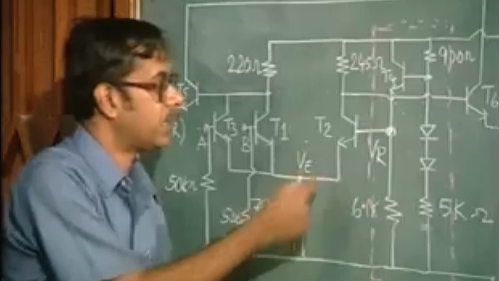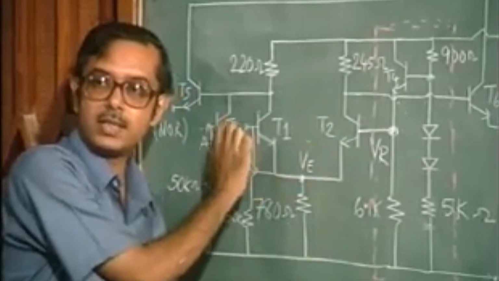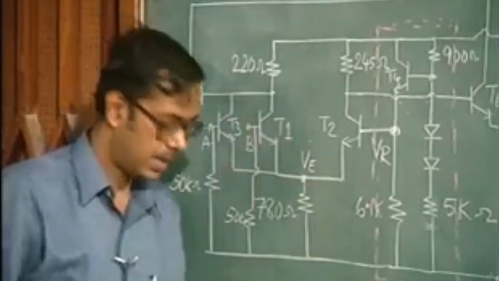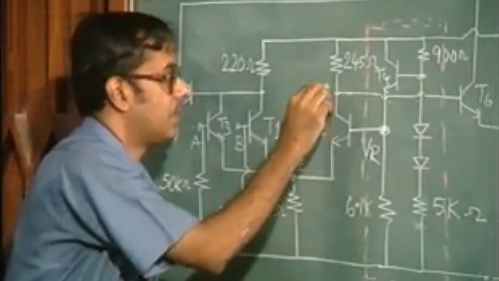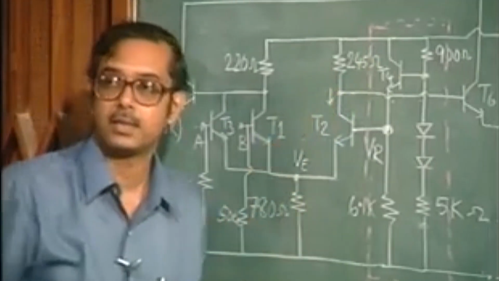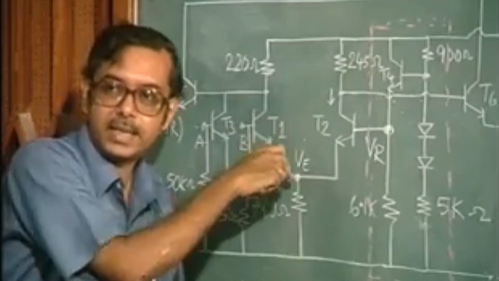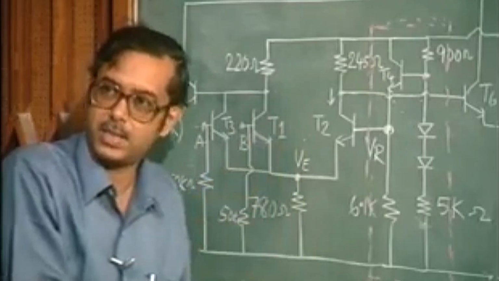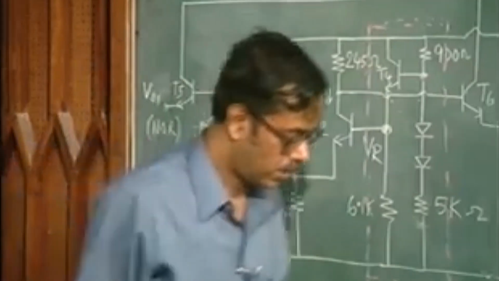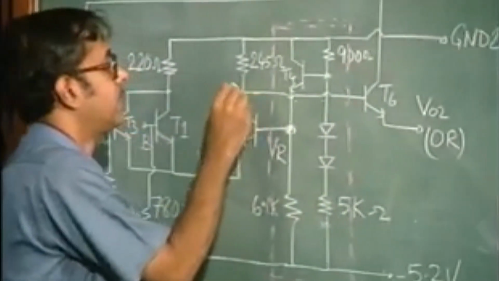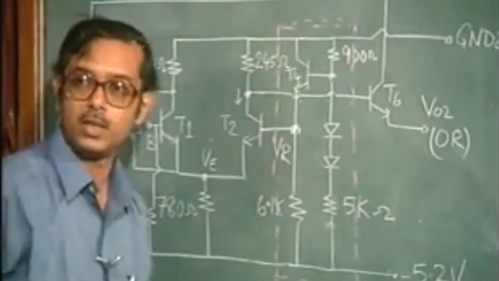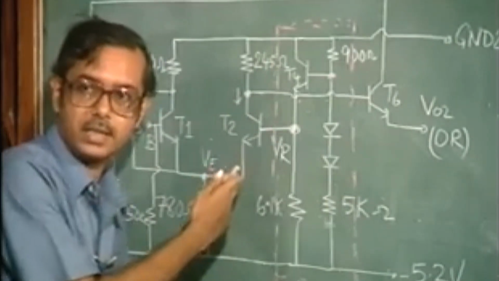So this is the emitter current which flows here. These two transistors are not conducting. Now, this is the collector current. Since the beta is high, the collector current of that transistor is equal to the emitter current. So the collector voltage, Vc2, that is the collector voltage of transistor T2,